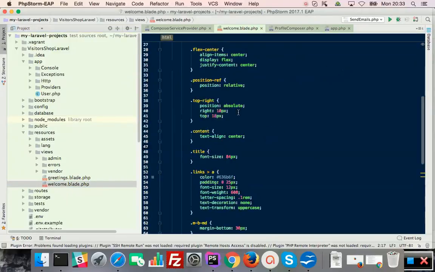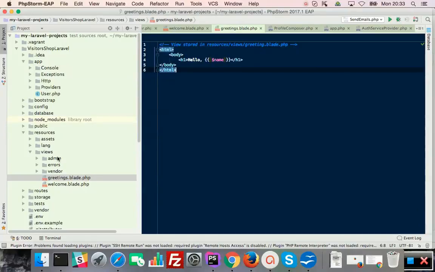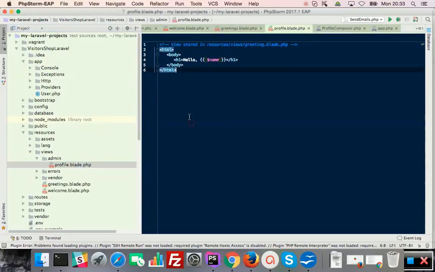Welcome.php, so it's a view. Greetings.php, it's another view. Blade.php. Blade is a templating engine for the application. You can work without Blade, in that case you don't need to keep this Blade extension. So you can see a simple